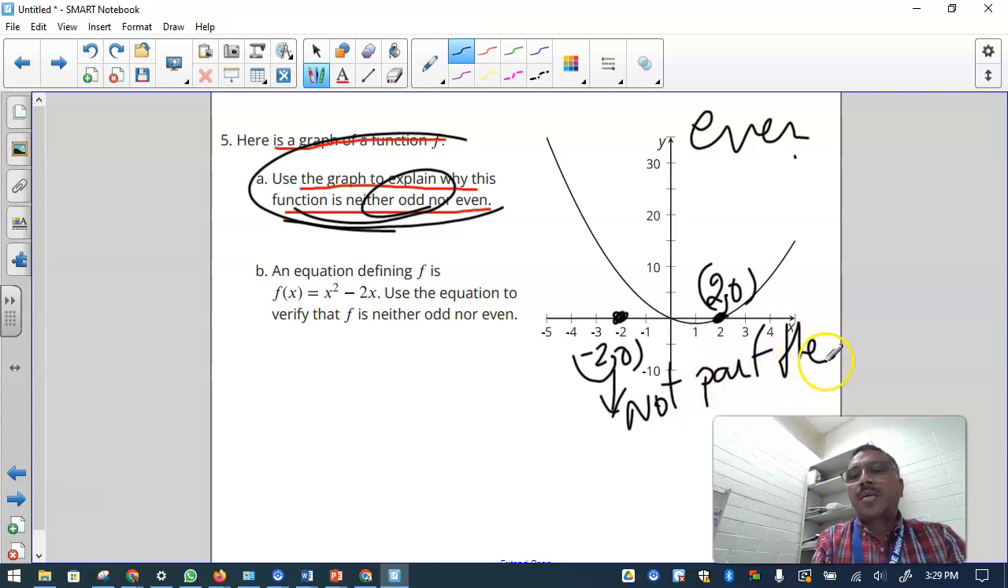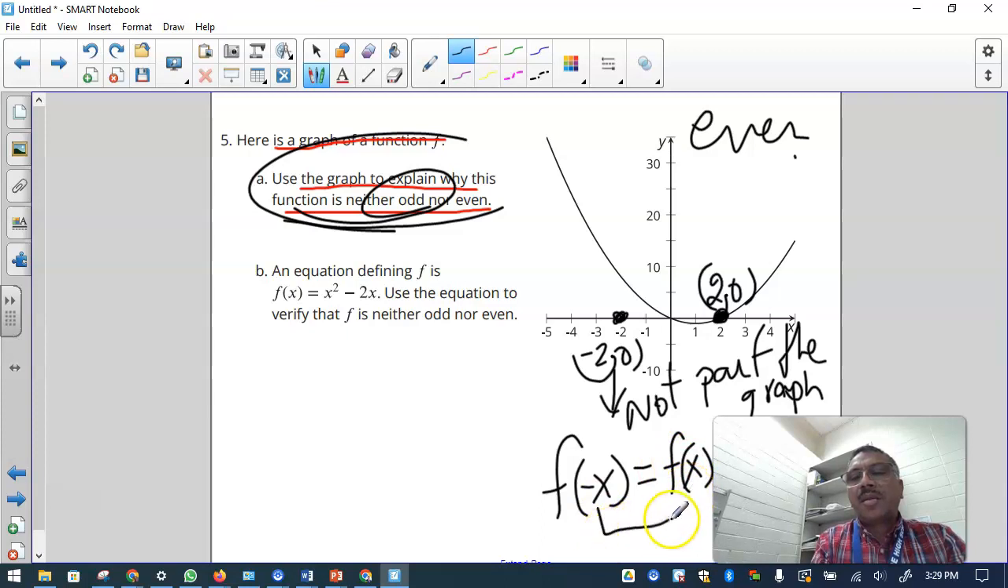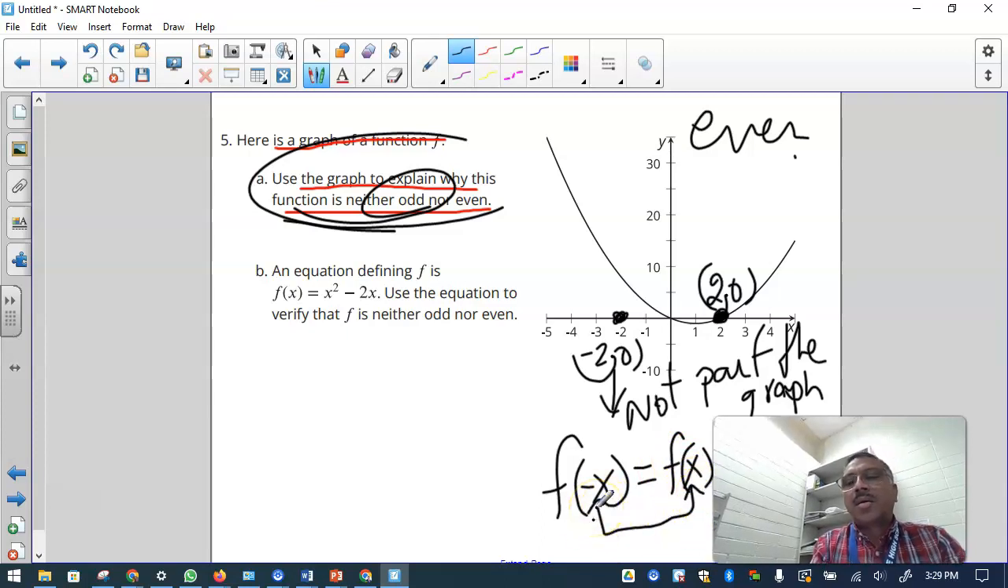So for the graph to be even, if I reflect, that also should be a point on the graph. It means f of minus x should be the same as f of x. So for the opposite input, the output should be the same. But here you see this point is not part of the graph at all. Now the second is